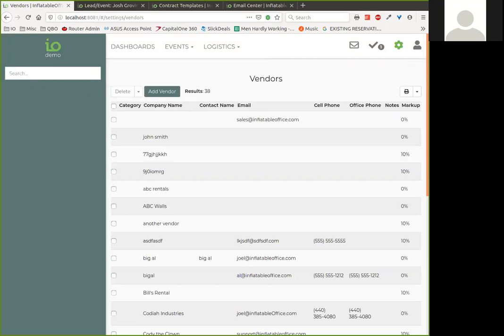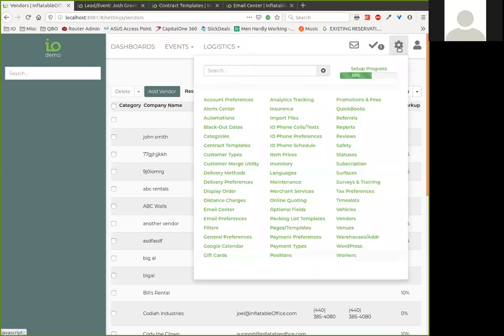There's definitely some advantages to using the workers module for the vendor tools, and you might find that you like that or you prefer that, or maybe you prefer what I'll show you today with the vendor tools. You're also welcome to use both to help manage that. And we're going to continue to improve these tools over time as well. Anyway, let's get started. In Inflatable Office and Event Office, what you have is a vendors area here that you can go to,